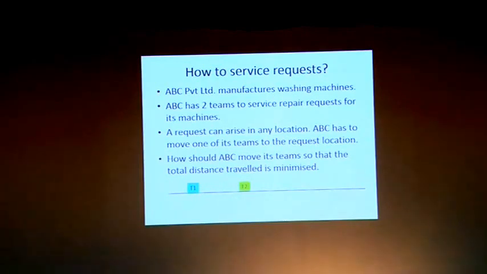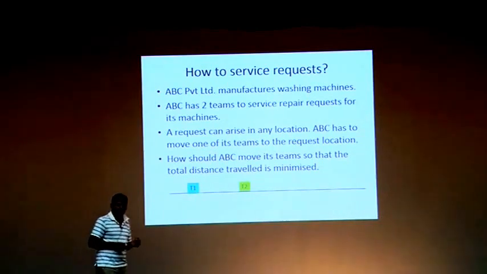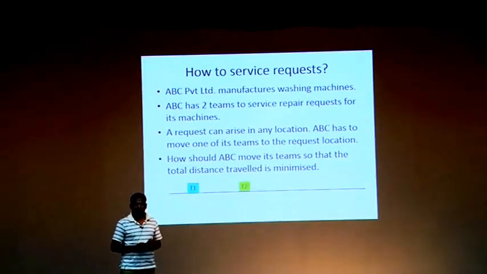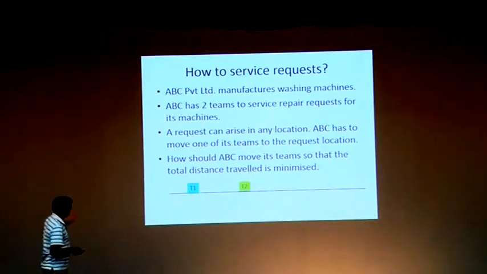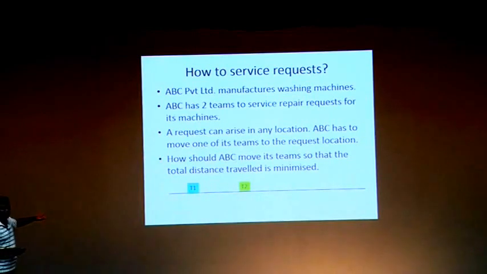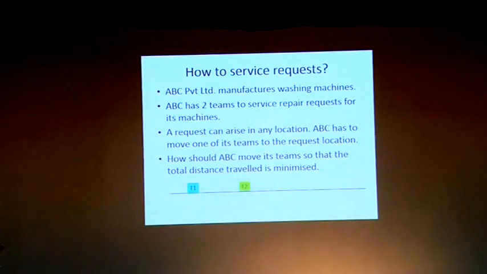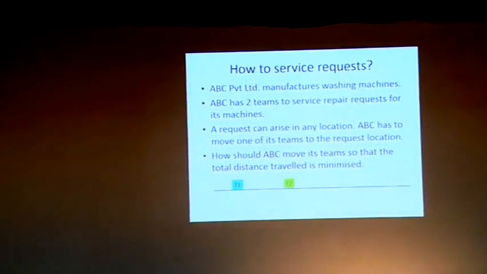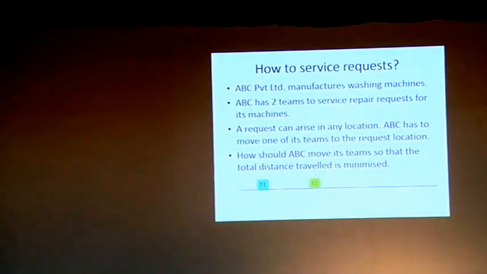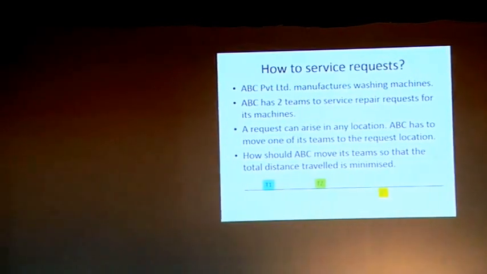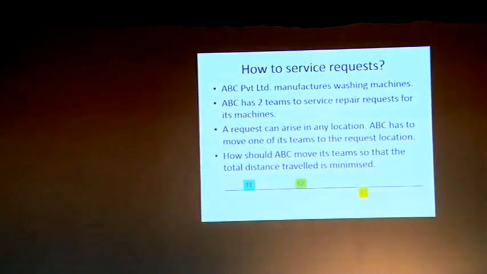Now you have a very simple problem. You have to figure out which team should service that request. So a request will come. Let's say all the cities are located on a line. So we are mathematicians. We like to abstract everything out until the point that it does not make any sense. So let me assume that everything is out there on a line. The cities, the requests are going to arise on that line, and the service teams are also sitting on the line. So the first request arises at that point.